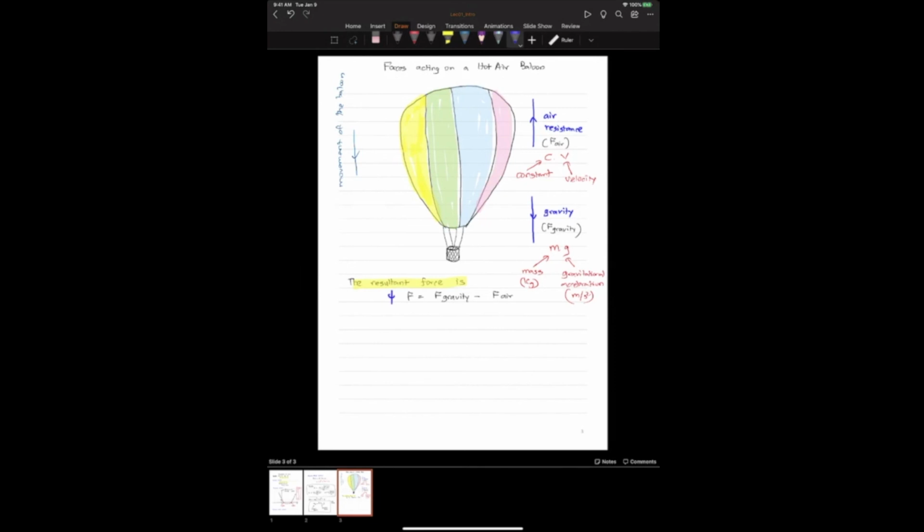So our goal here is to find the velocity of the balloon at a certain